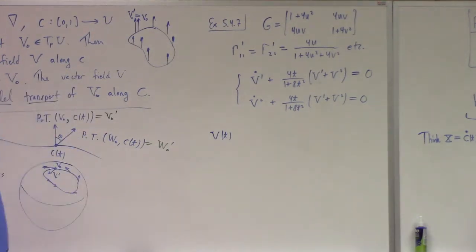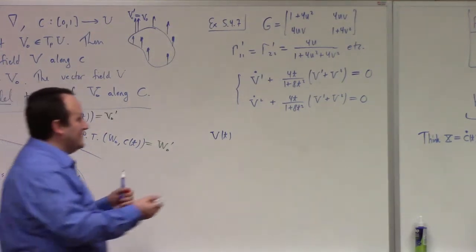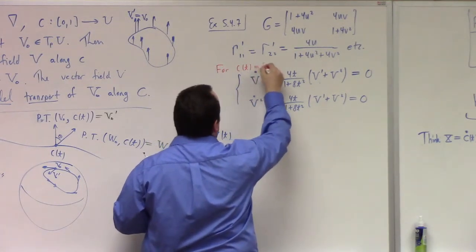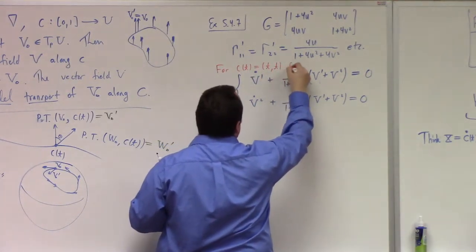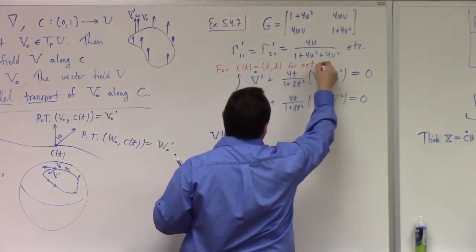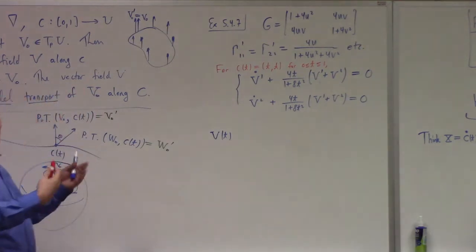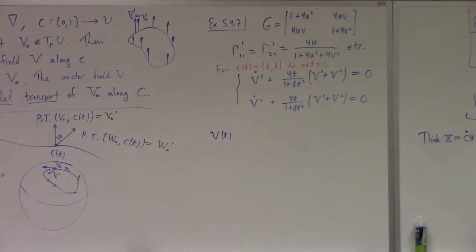You got me, you're right. It's for c of t equal to (t, t), 0 less or equal to t less or equal to 1. That's what these monstrosities simplify down to. You see, dc1/dt is just 1, so you literally just get